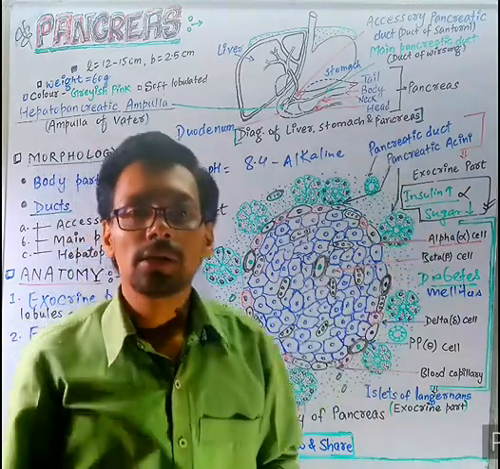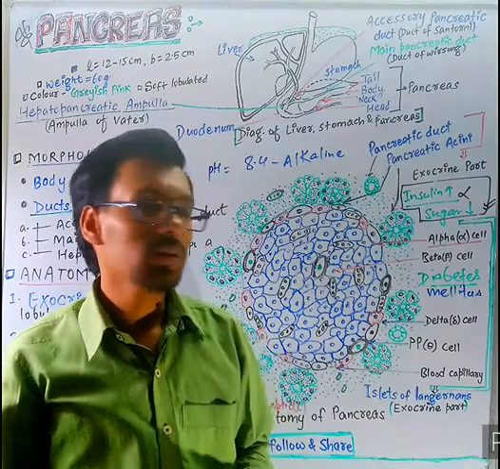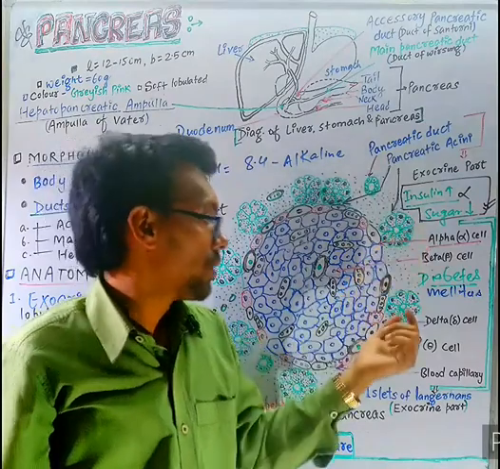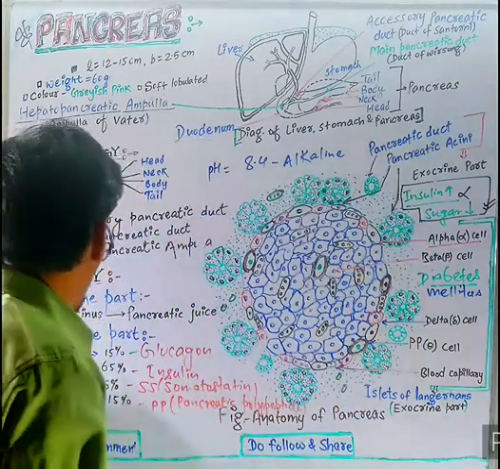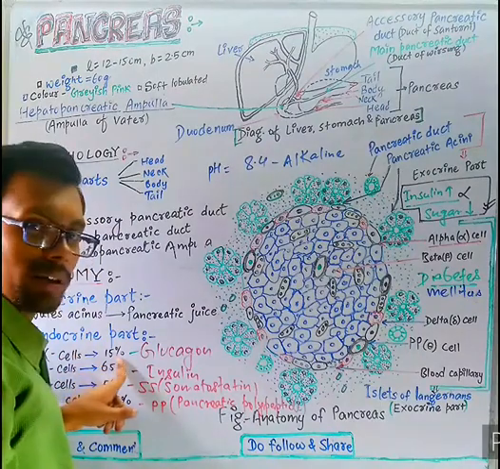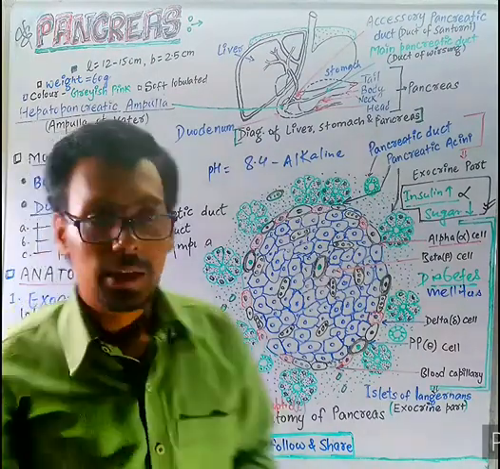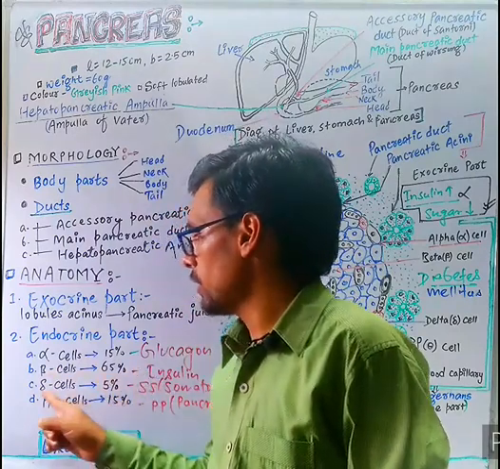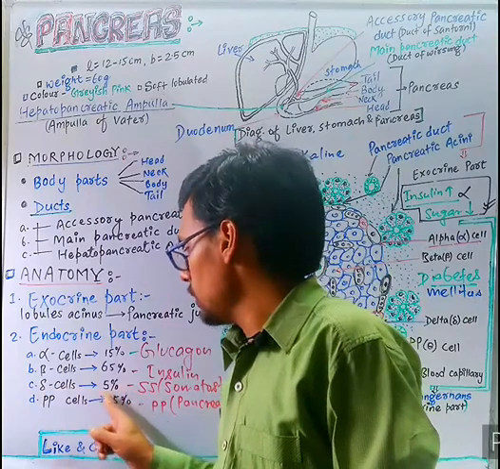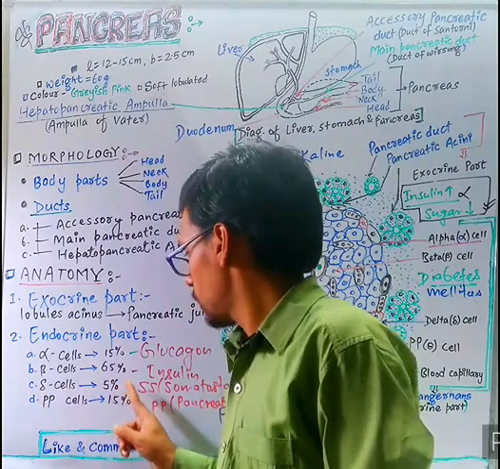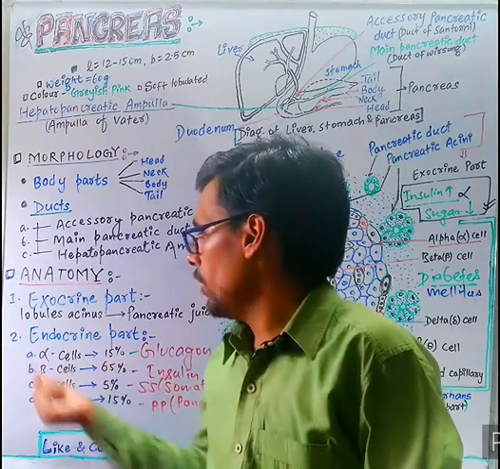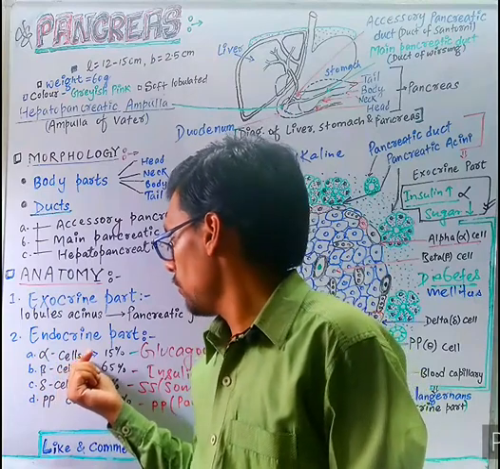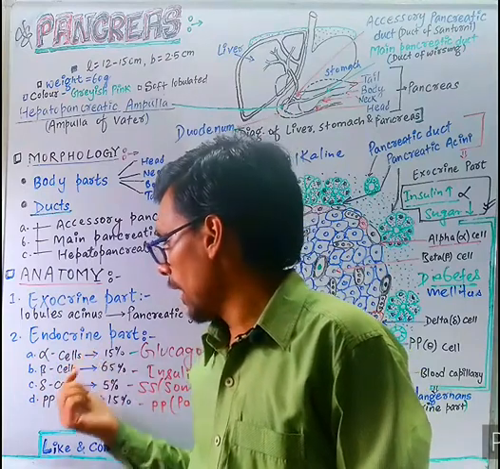Another type of diabetes you read about is diabetes insipidus, which is caused by ADH, a pituitary gland disorder. Next, alpha cells secrete about 15%, PP cells also about 15%, beta cells have the largest amount of secreted product, and delta cells have the least. We have mentioned the alpha cells and beta cells of the endocrine part of the islet of Langerhans.